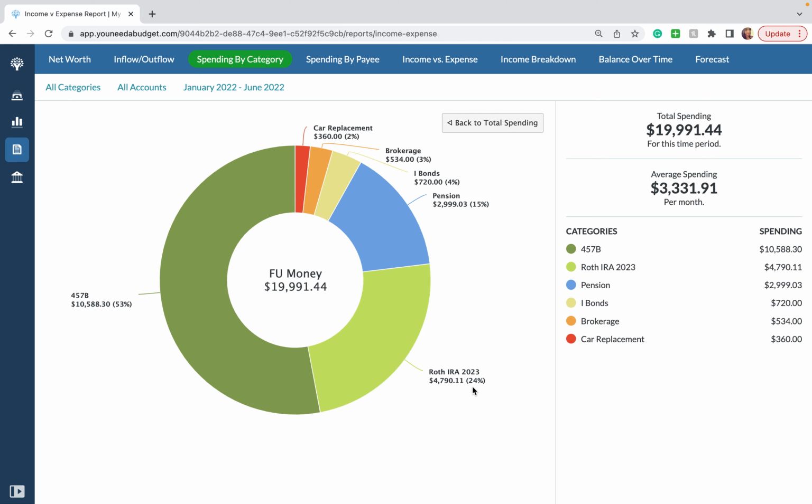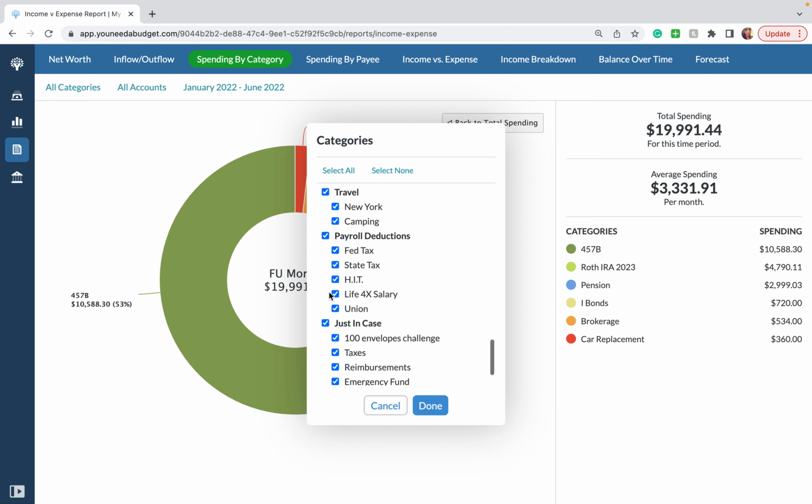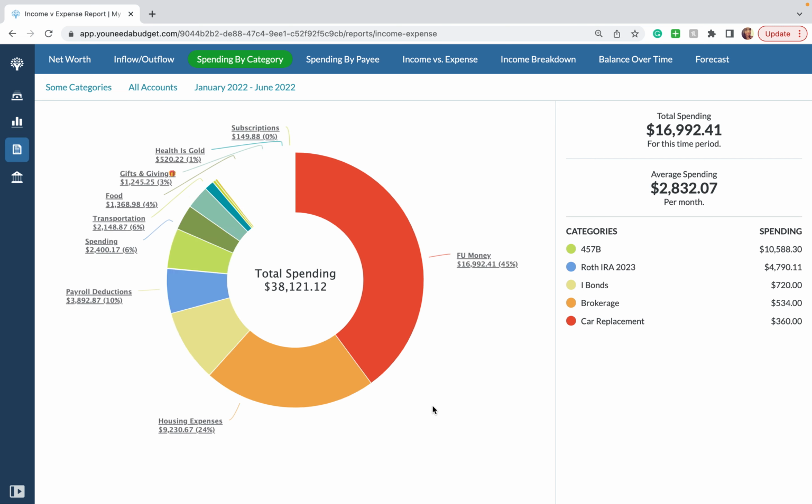So far this year, I've only put in from my actual paycheck, my actual incoming money, 4,790, and the rest again is just a transfer from a brokerage that I had. iBonds so far I put in 720. Again, my goal for this year is 2,000, and I think I will do that by setting aside $200 a month. Pension, almost $3,000 going into the pension. And if you guys don't want to count the pension, because some people don't, but I do, because it does play into my retirement numbers,